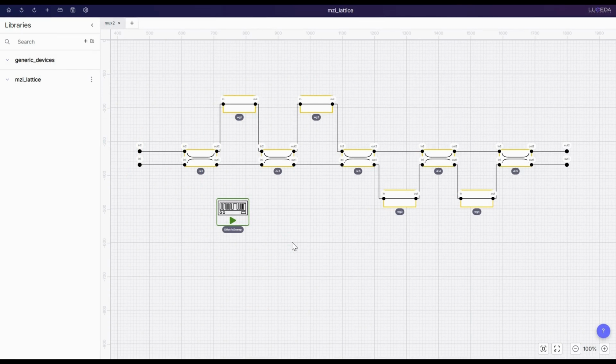Since fabrication of photonic components is not perfectly reproducible, variations are expected in the responses of different components. The impact of performance variations can be studied in a corner analysis. This can be done by dragging and dropping a custom codelet named corner analysis onto the canvas and pressing the